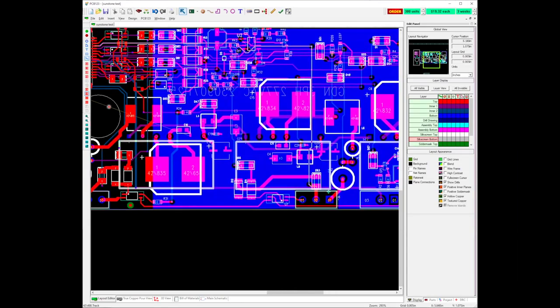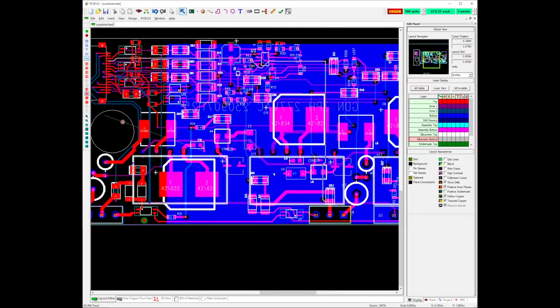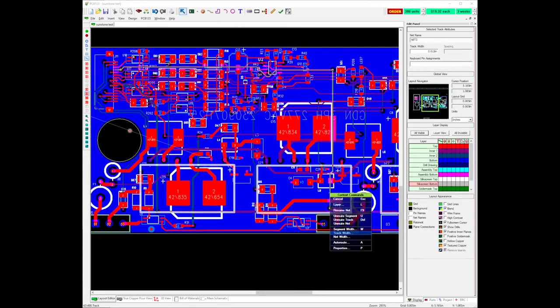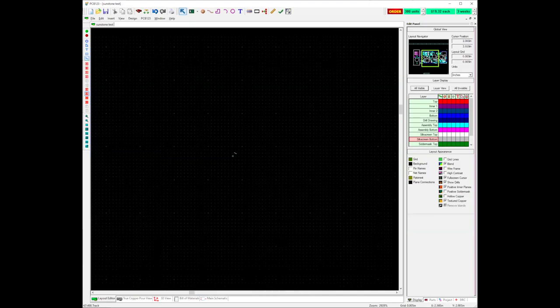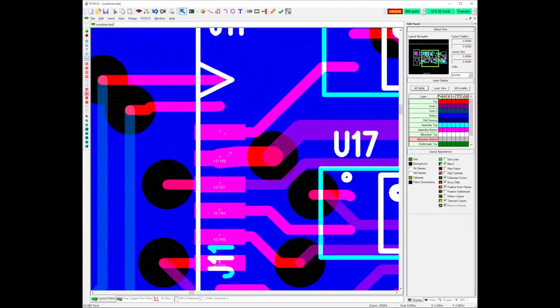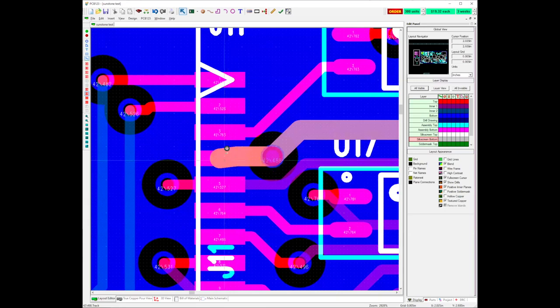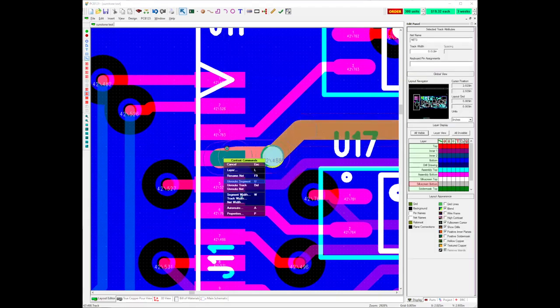So I can just do right mouse, track width, and I can change it to 30 thousandths, which is great. It goes up here, changes it to 30 thousandths all the way across the board, but it gives me a violation here, creates an error here, which is fine. I can go back and change that, but I have to follow that whole trace, the length of the trace, and then say change this one to make the segment width